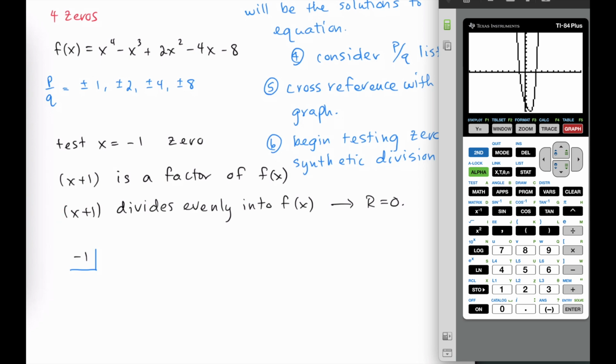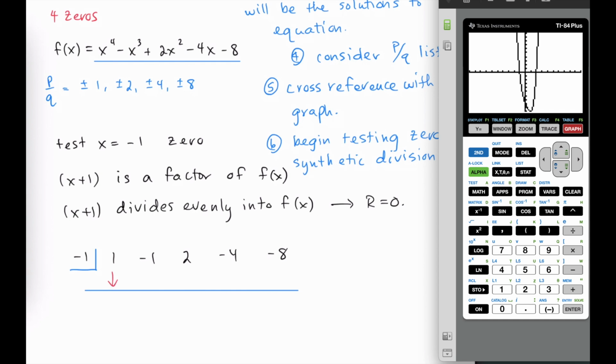To the right of the box, we're going to put in the coefficients of the dividend, which is also the polynomial that we're trying to factor. So we've got 1, negative 1, 2, negative 4, and 8. We're also being careful to make sure that we're not missing any terms here. A missing term would require a 0 as a placeholder coefficient in synthetic division. We leave a lane of space and draw our horizontal line, and then begin synthetic division by bringing down this first coefficient of 1,